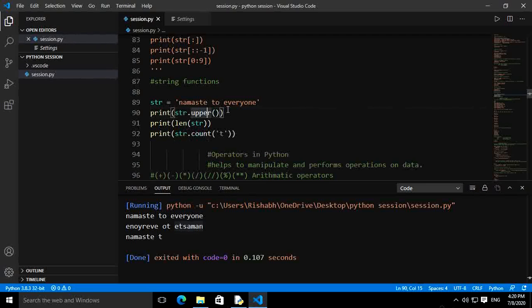If we want to change it to uppercase, with all the characters in capital letters, you have to give this function: print your string name dot upper, and then parentheses after this. It will change the